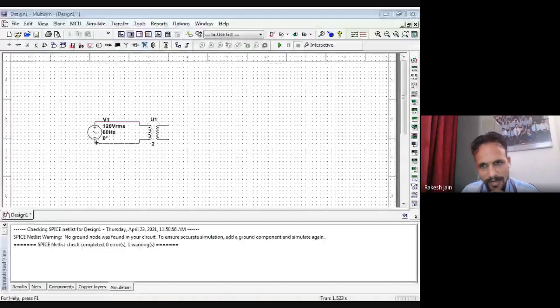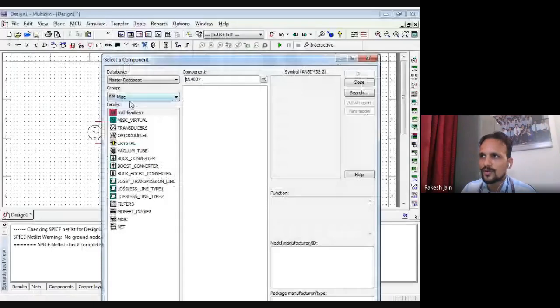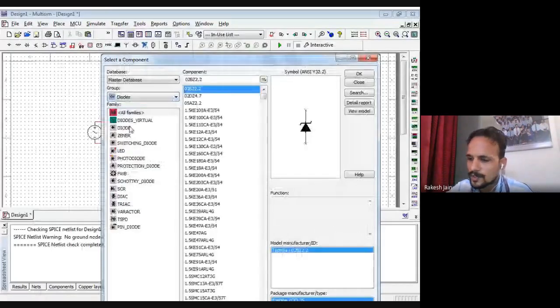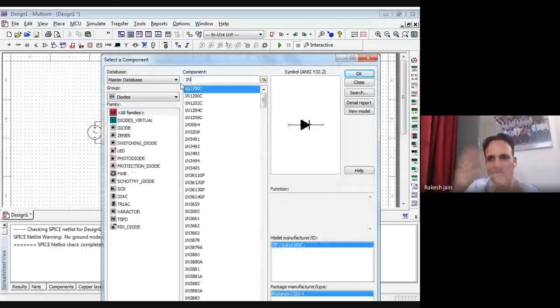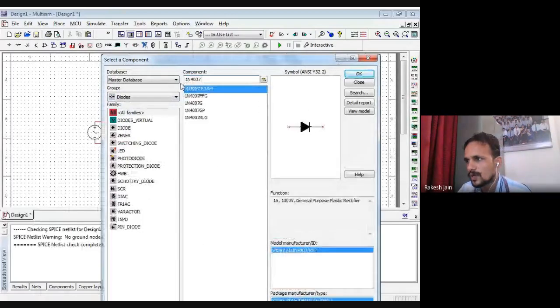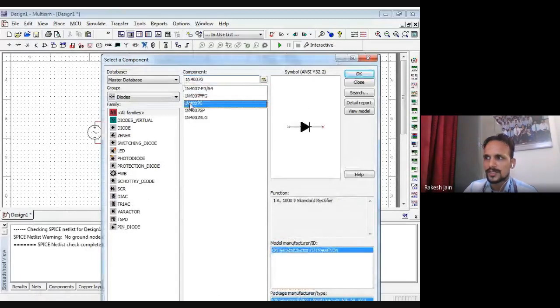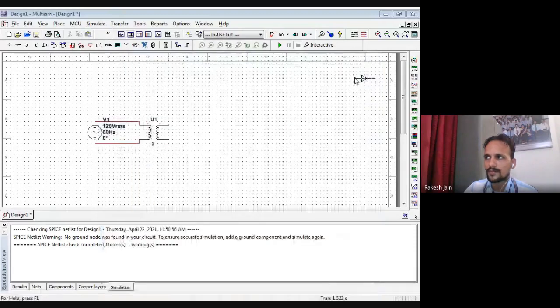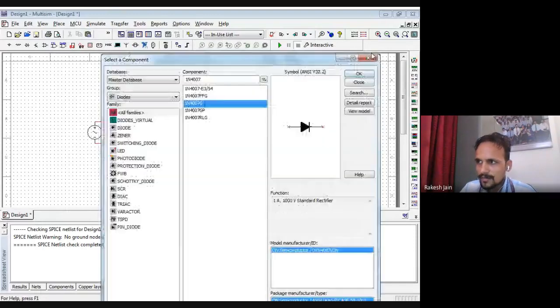Okay. Now at the output side, what I require, I just require a diode first of all. So to take the diode, go to the MISC, again go to the diodes, and see which diode you require. There are so many categorized diodes, but you require the 1N4007 diode. As you select this diode, you can use any diode. So here the 1N4007 diode is there. So this is the symbol of the diode in which two terminals are there. So one terminal is connected with the same.